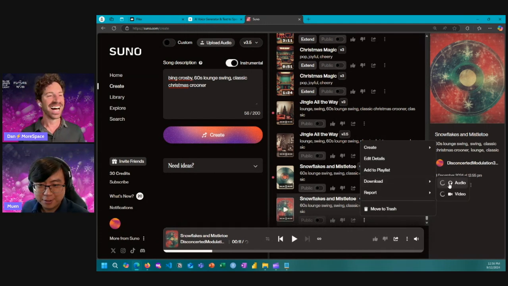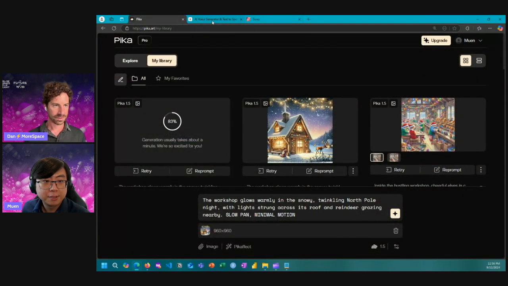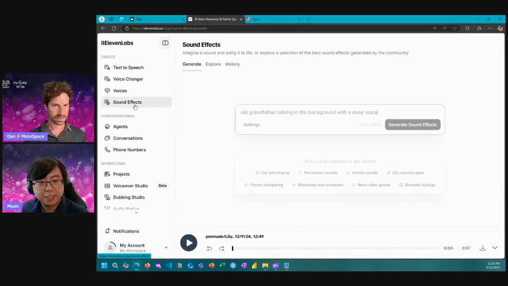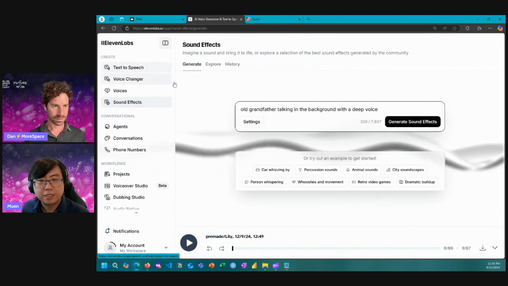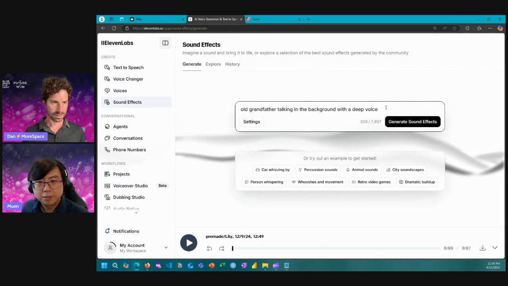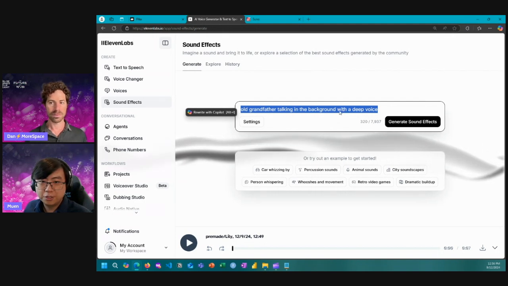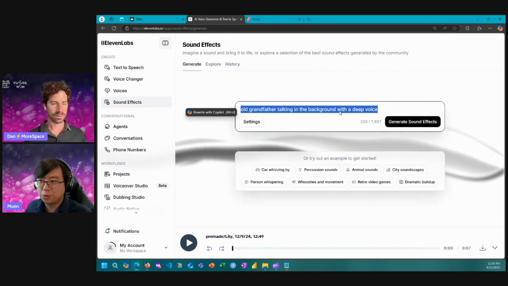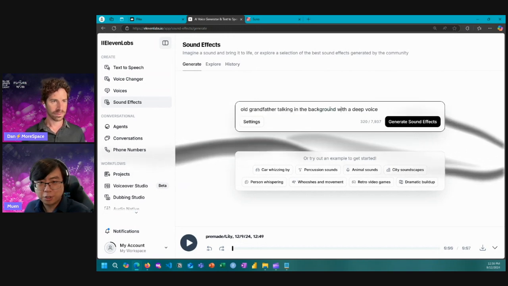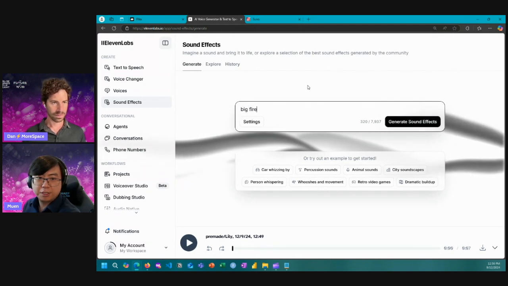Yeah, so we'll need to give it a second for it to finish generating, and then we can download it. In the meantime, that one's still going. We will come back to 11 Labs, and we can talk very briefly about the sound effects. So other than generating actual voices, as you can see here, you can generate background noises. I had one for the Santa's workshop scene where Santa was showing the picture. I just wanted some generic, old gentleman talking sounds in the background, nothing that you can quite make out, and that seemed quite good. But we can try something a little bit different, perhaps, like a big fireplace,